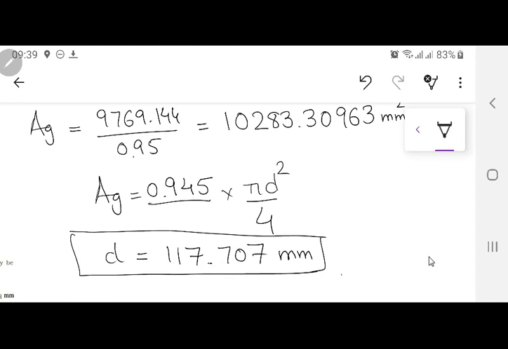117.707 mm. So this is the diameter. Now over here you can take a 117.707 mm diameter, but just 0.3 mm is not going to cause any harm, so you can round it off to 118 mm. So this is actually going to be the cylinder diameter on which you are going to do the winding first. And since low voltage winding is going to be done first, this is the total diameter over there.